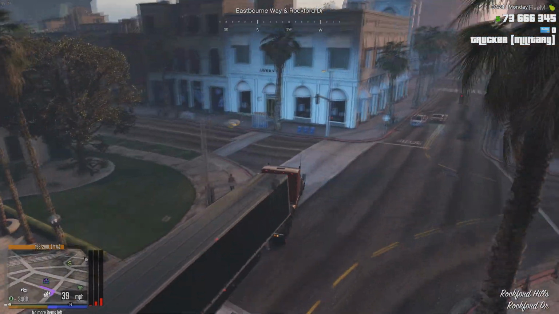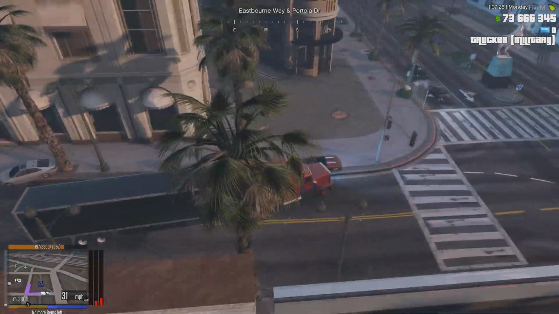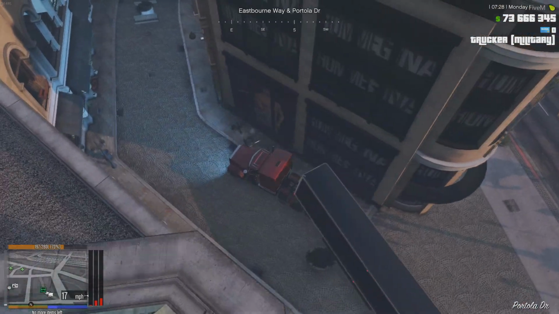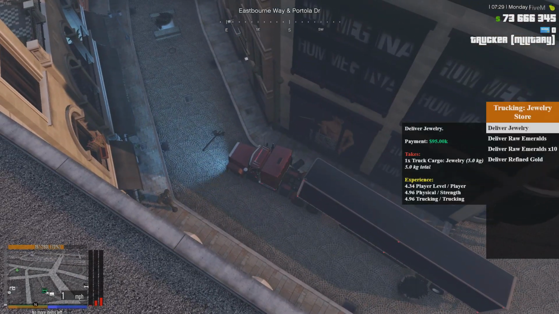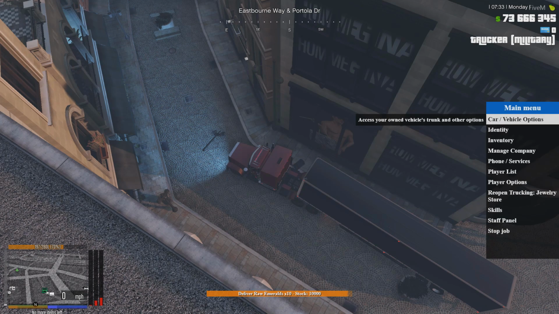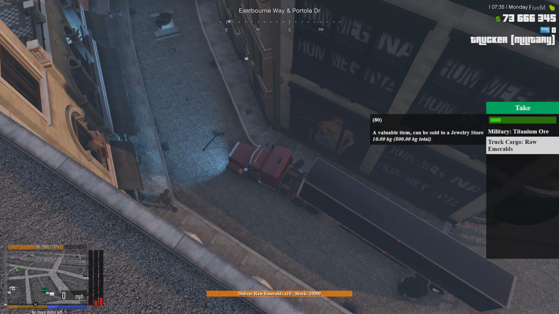Okay, so we are now arriving at the jewellery store, but we need to go this way in. And it's a bit of a tight fit for trucks, but we'll manage. There we are. So we can now deliver raw emeralds times 10. And that will give us 250,000. And we have 80. So